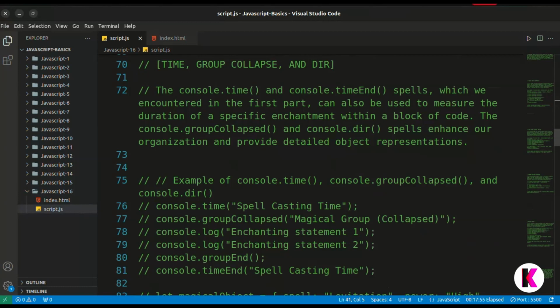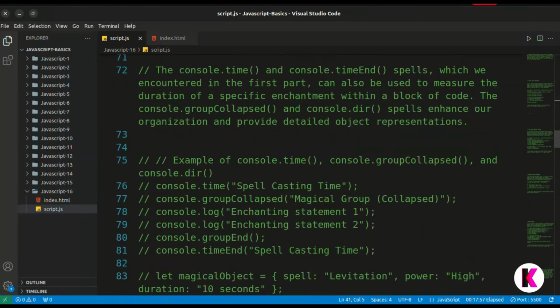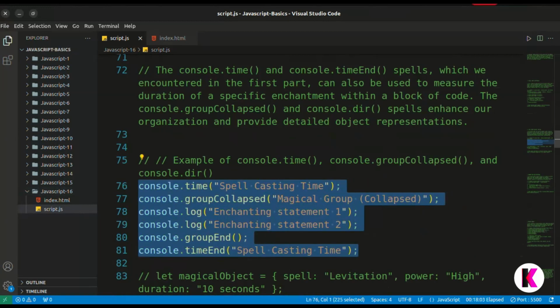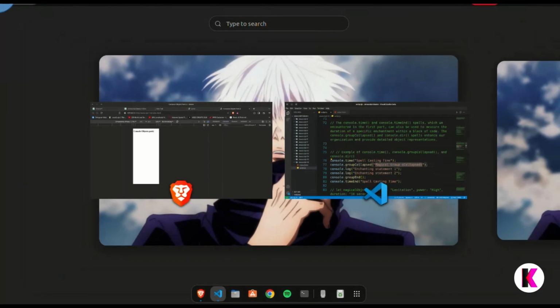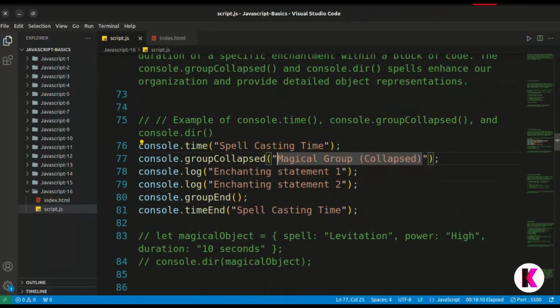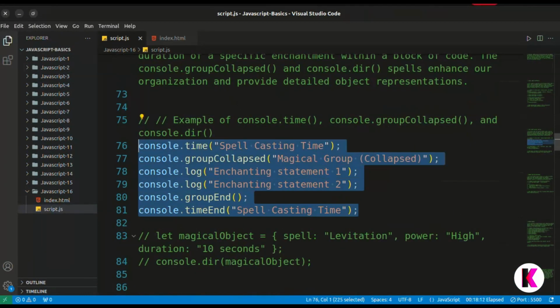So let's see this. We have the console.time here and console.timeEnd here. So just take this, console.time is spell casting time and console.timeEnd here. So just copy this and paste.